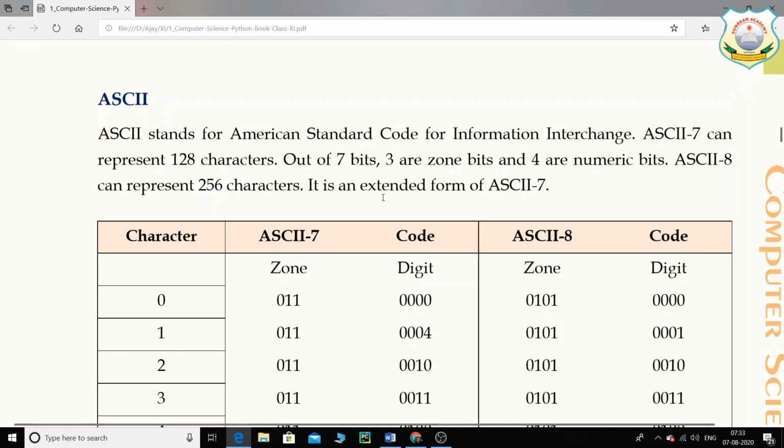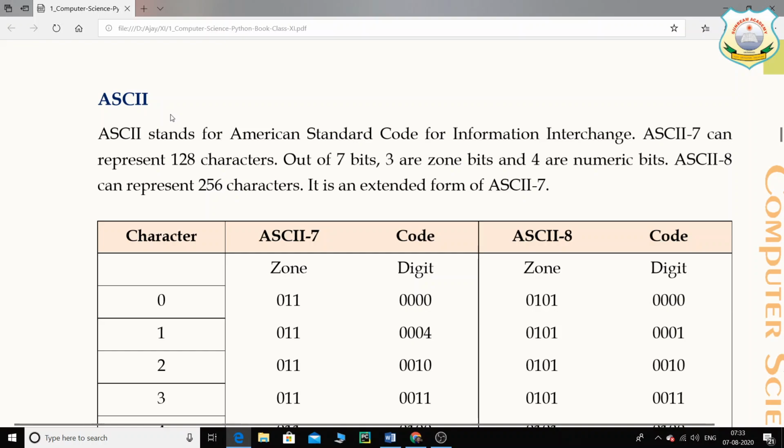Now it is very clear to you, as we have gone through this chapter, that everything in computers is in binary, right? The computer only understands the binary language. So when we press A on the keyboard, the computer does not take that as A. It takes the input in the form of some binary code, and those codes are called the ASCII code. This is the standard American code for information interchange that is used throughout the world.